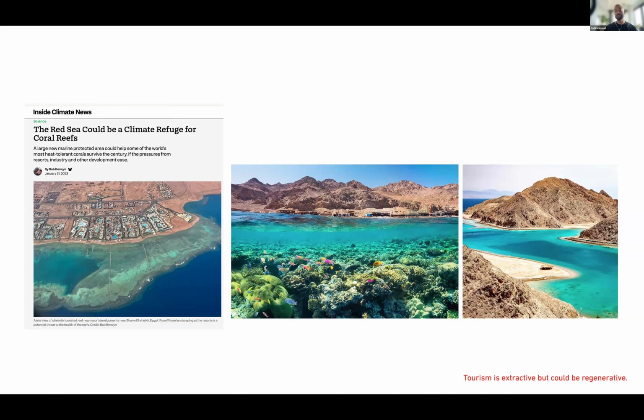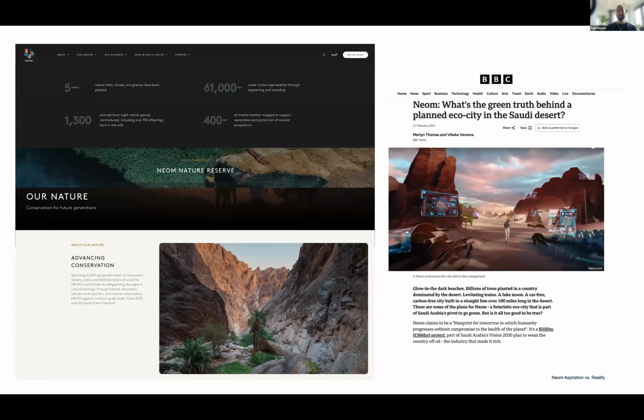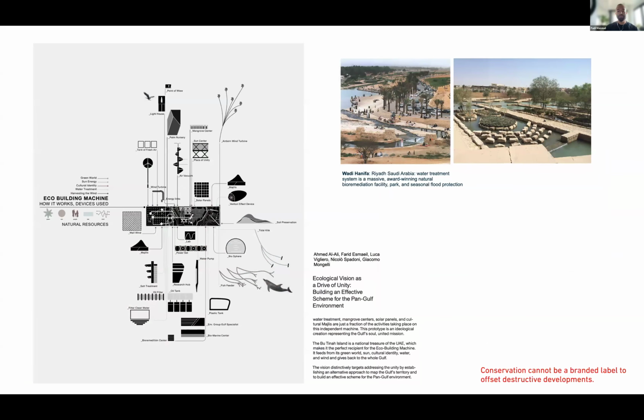Corals here are in fact the most heat tolerant in the world, and they may be the key to protecting the fragile ecosystem worldwide. To that end, conservation cannot just be a branded label to offset what is otherwise resource-intensive and destructive developments. Through design, we could imagine new forms of integrated ecological infrastructure that support and enhance conservation as